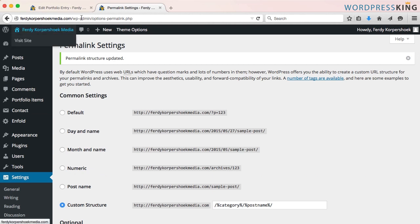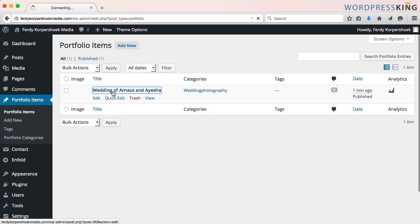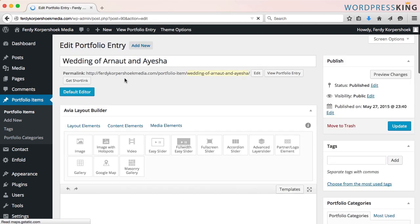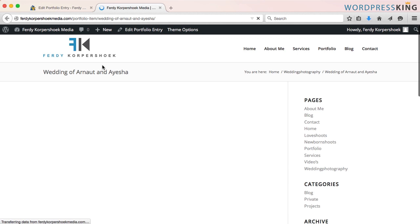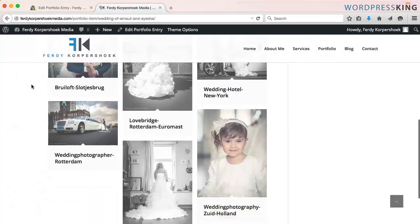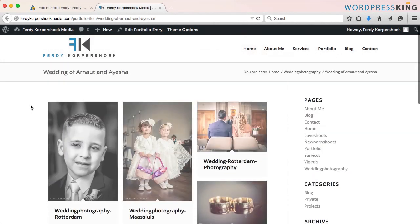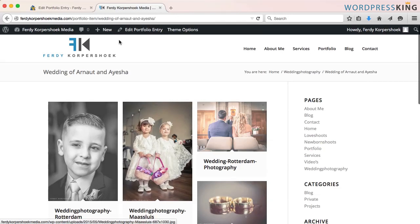And now if I go over here to portfolio items, I click on it and I say view portfolio entry. Now it is found, and this is what is happening. You saw that? Well, in my opinion, it's not looking that good. So I go back